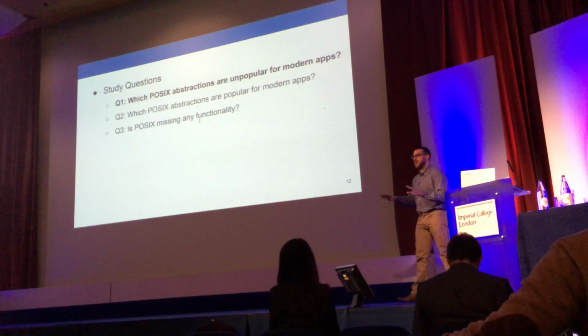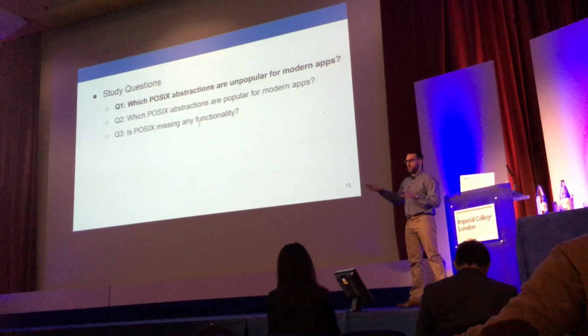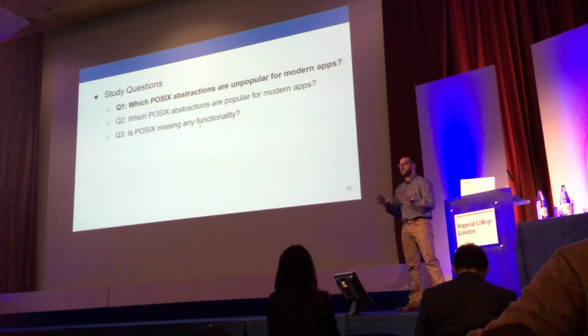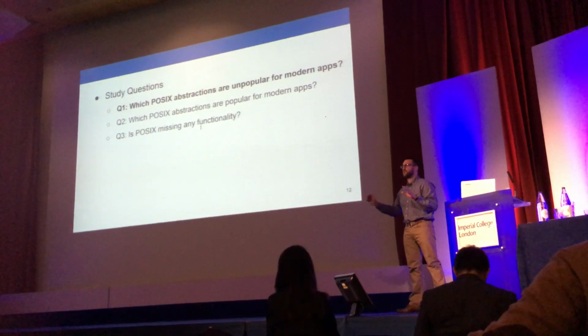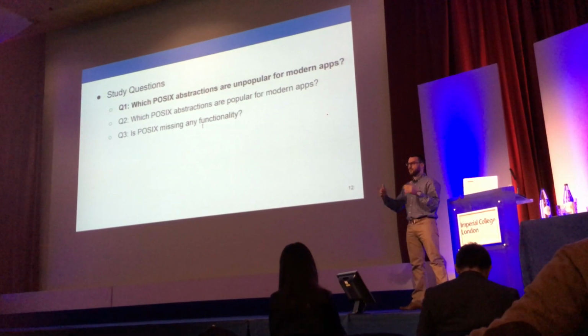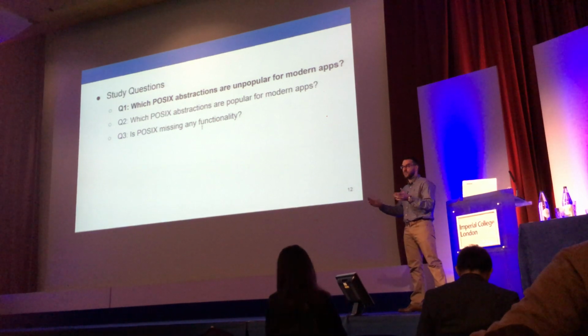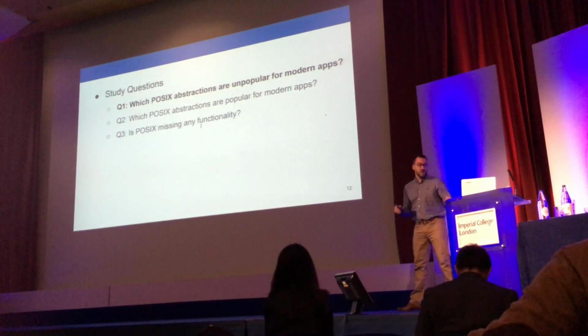So since I have set up our motivation and our methodology, I'll directly start with our first question, which is which POSIX abstractions are unpopular for modern applications. And the way we define unpopular is basically which POSIX abstractions are not linked by the native libraries, and therefore if they are not linked, they are not used. We'll answer